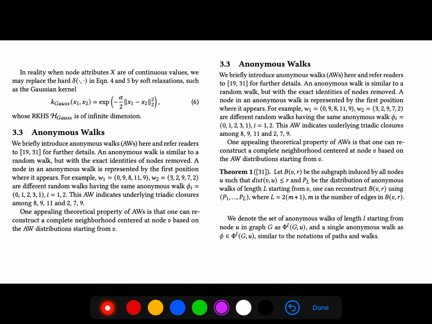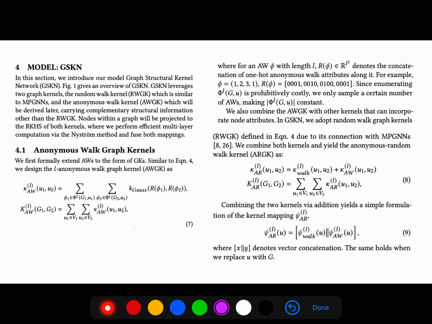And then anonymous walk is another important tool that we can use to capture the structure. And we formally extend AWs to the form of graph kernels. So we design L-anonymous walk graph kernels. The graph kernel is using the idea of L-anonymous walks.